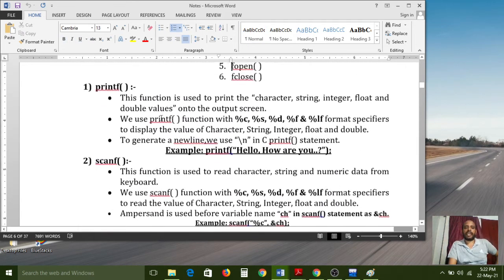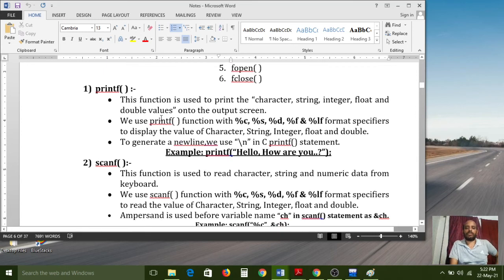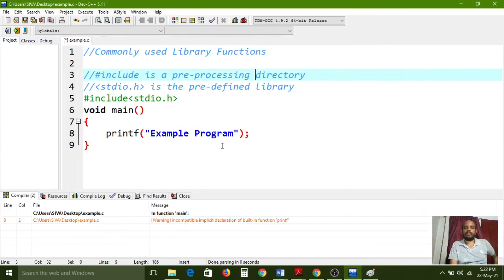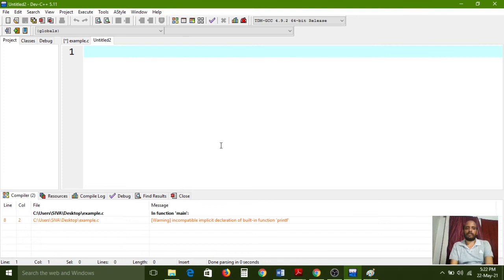Next, we have to see the commonly used functions. The printf and scanf functions we compulsorily need to use. For that I am opening a new window. First I am typing one program: adding two numbers.